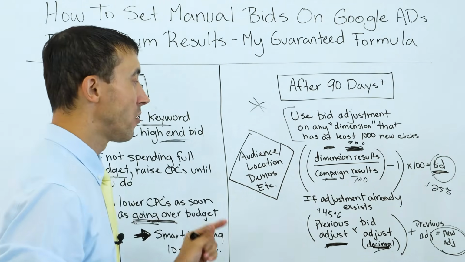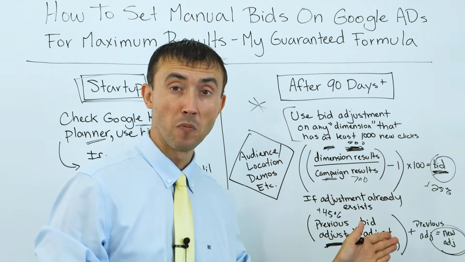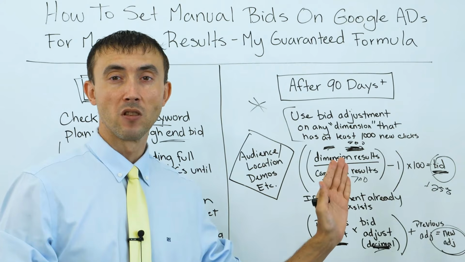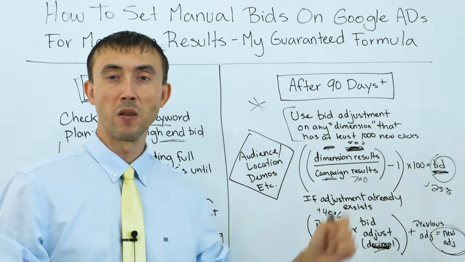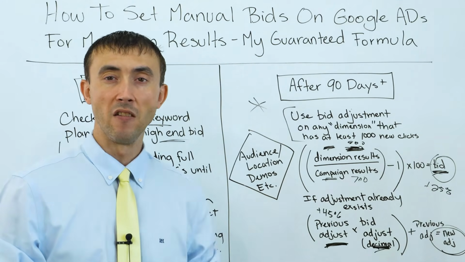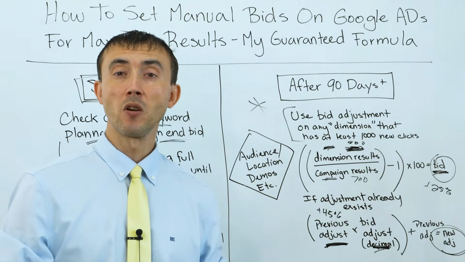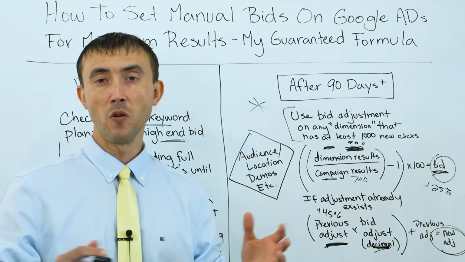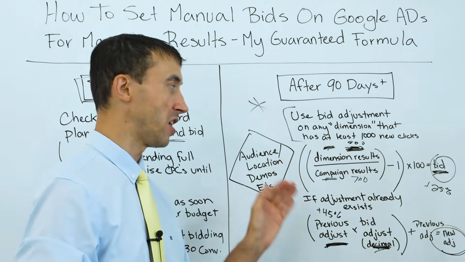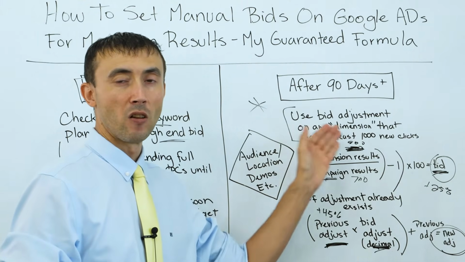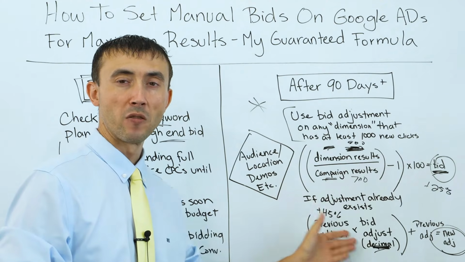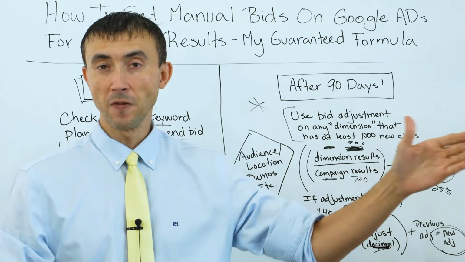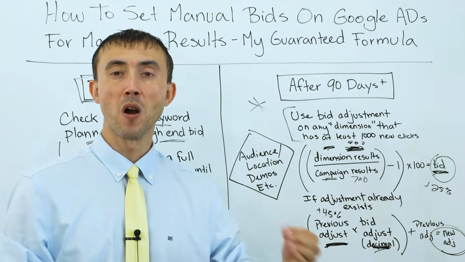You do that, you're going to be making with manual bidding 5 to 10 times as much as what you're making with some guy who just doesn't do any bid adjustments. He just randomly puts whatever bids on the keyword menu and he's done. Truly. The same thing though could be said about smart bidding and not using smart bidding. So whereas you could make 5 times as much doing the killer methodical bid adjustment formula strategy I told you here, you can make 10 to 15, 20 times more with smart bidding